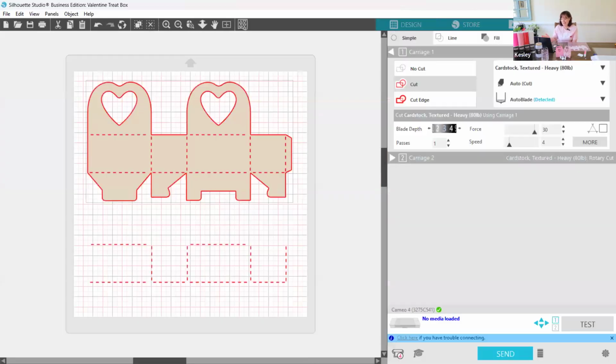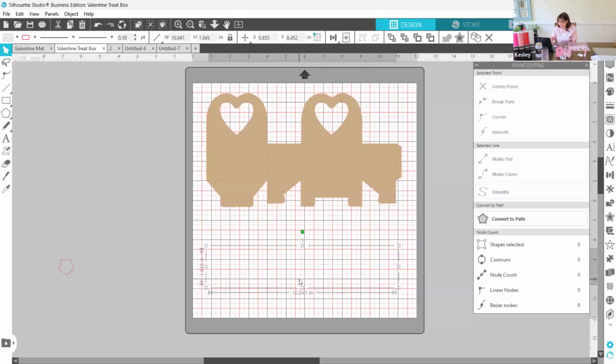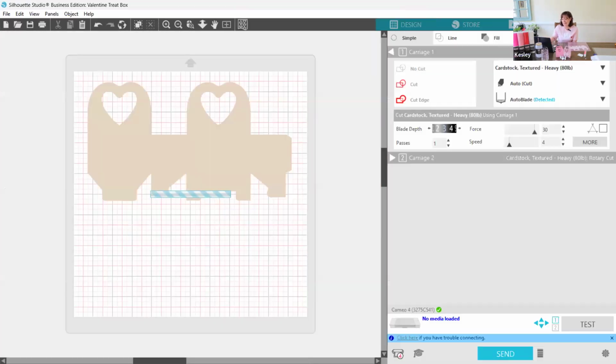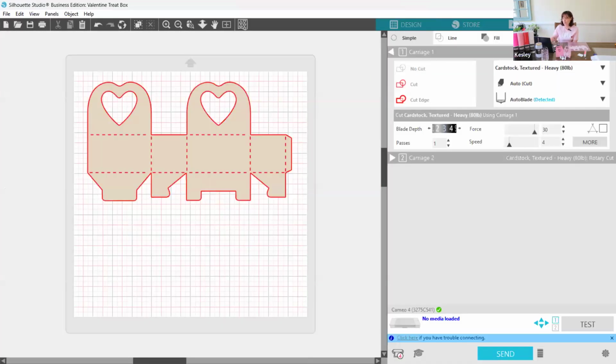Then I go ahead and hit send. Oops, look at that. I saw those other perforation lines down there. See, it was hard to see. I don't need those. Okay, so when I go to send, this is again an opportunity where you want to